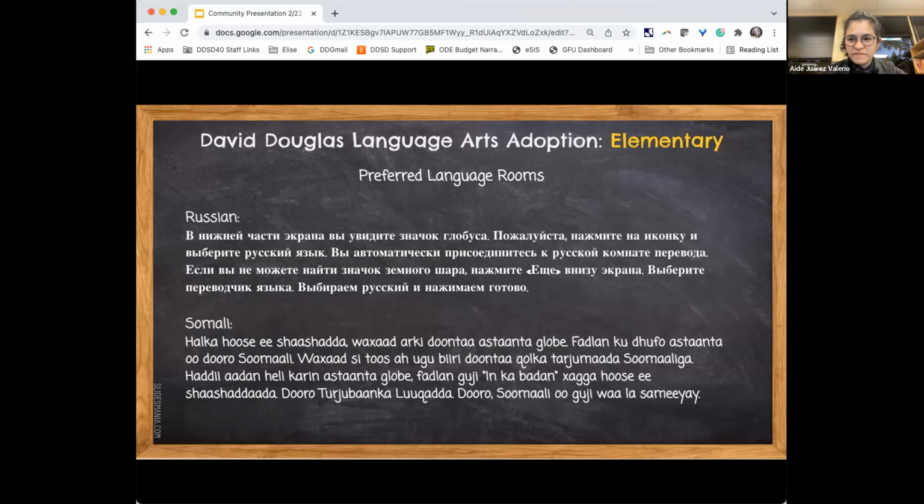Thank you, Tatiana. Ferdosa, if you can please provide the instructions to join the interpreter's room when you click the English room. Yes, thank you.